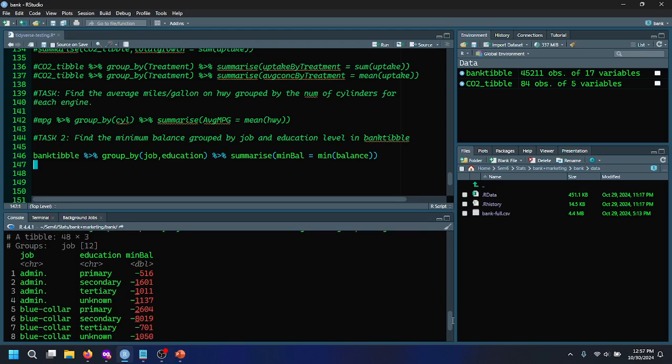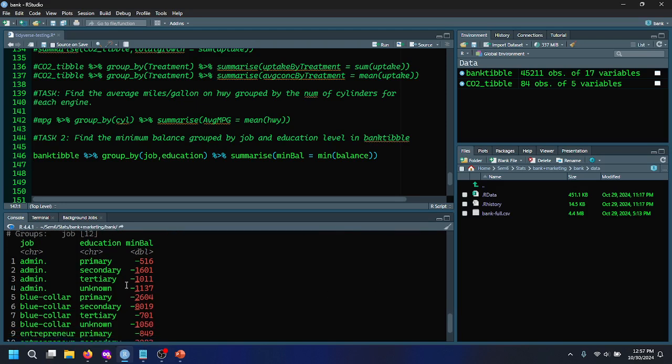And so here for each combination, we see the minimum balance. And I want to be clear what's going on here. We are getting a listing of groups based on unique combinations of both job and education. So, for example, for the category of administrative jobs, there's 4 different levels of education that are possible for that,